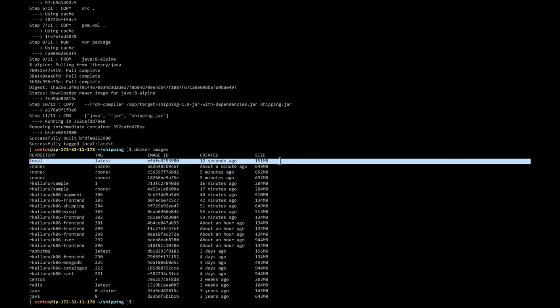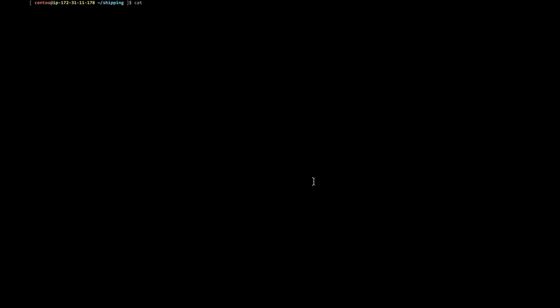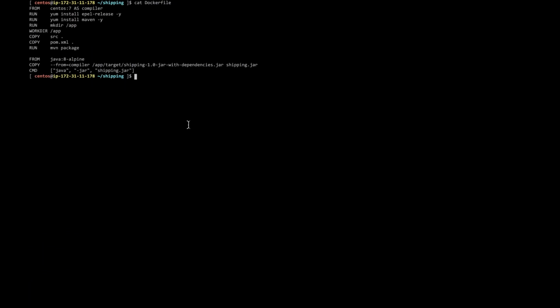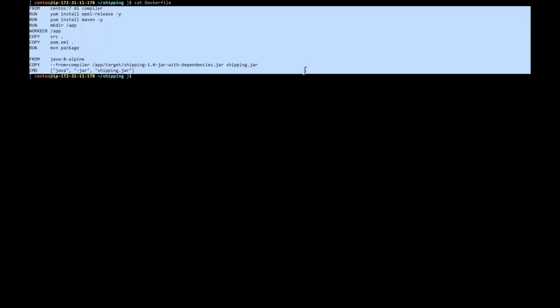Okay, so using multi-stage builds, you would be using this approach. Sometimes compiling your software is going to have a big list, and you just need to think about what all the things which can go into compilation, and what all the things you require to run it, and try to separate them. And while you do the multi-stage, like however we have done here, cat Dockerfile, whatever we have tried to do here. If you try to do this way, then what's going to happen is your image size